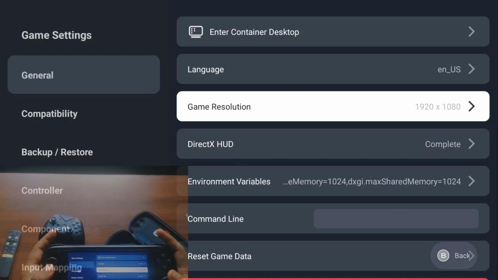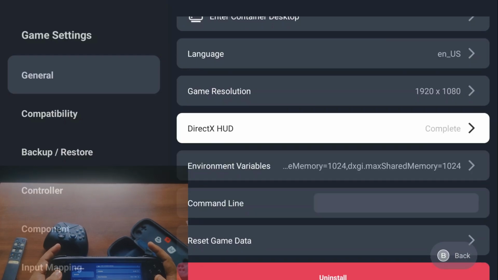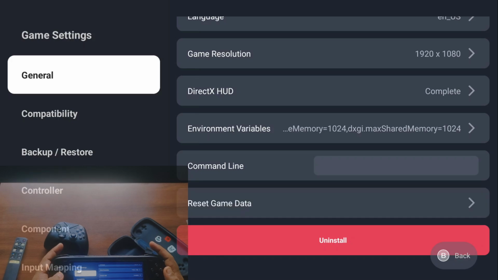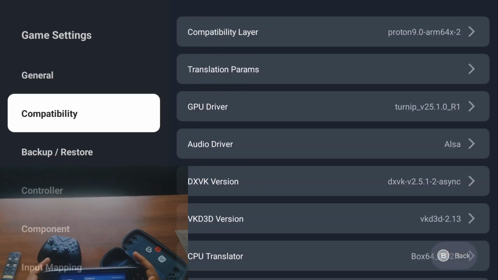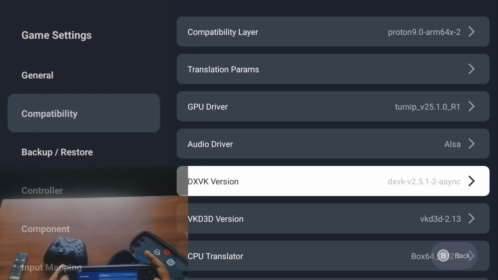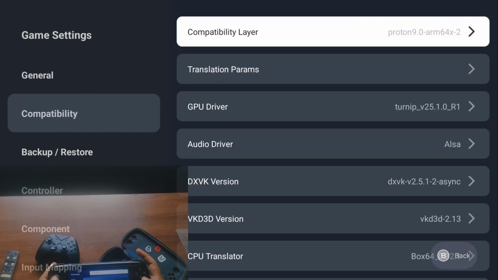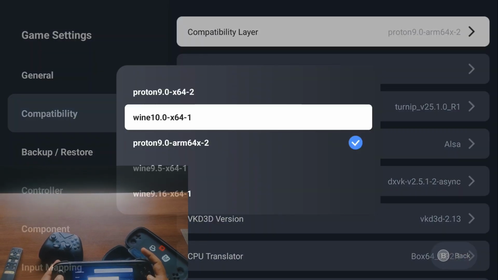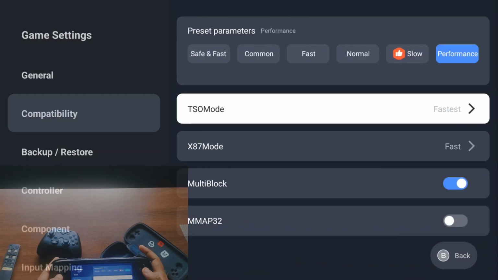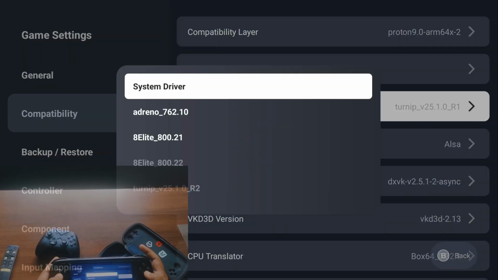I have set the game resolution to 1080p, and the DirectX HUD I have set to complete because I like to see the performance capabilities, like how much GPU or CPU utilization is happening on the go. In the compatibility layer we have Proton ARM64 2. This is the latest one we have here, as you can see. Transition parameters, I have set to performance mode, and for the GPU driver we have the latest